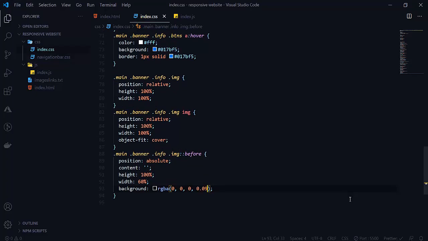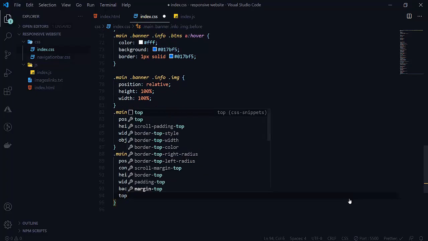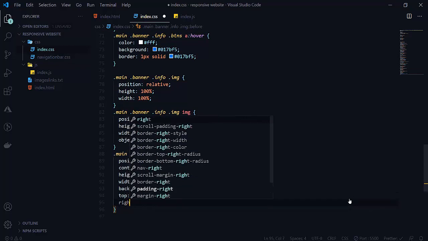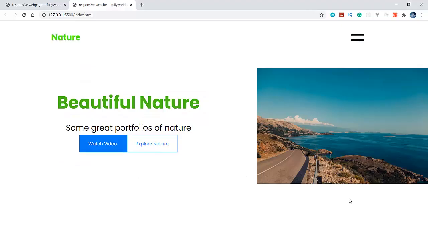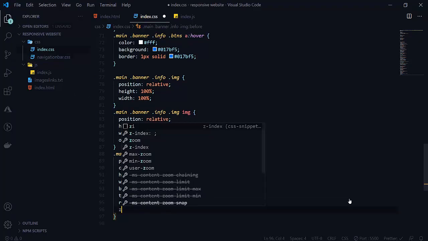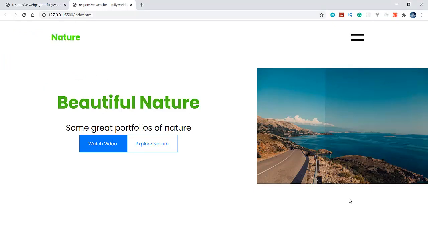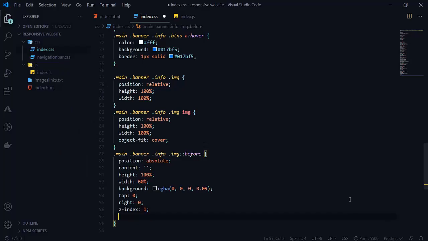So its top is equal to 0 and right is equal to 0, and we also want z-index to be 1 here. See that now it is coming like that. So now let's transform it.